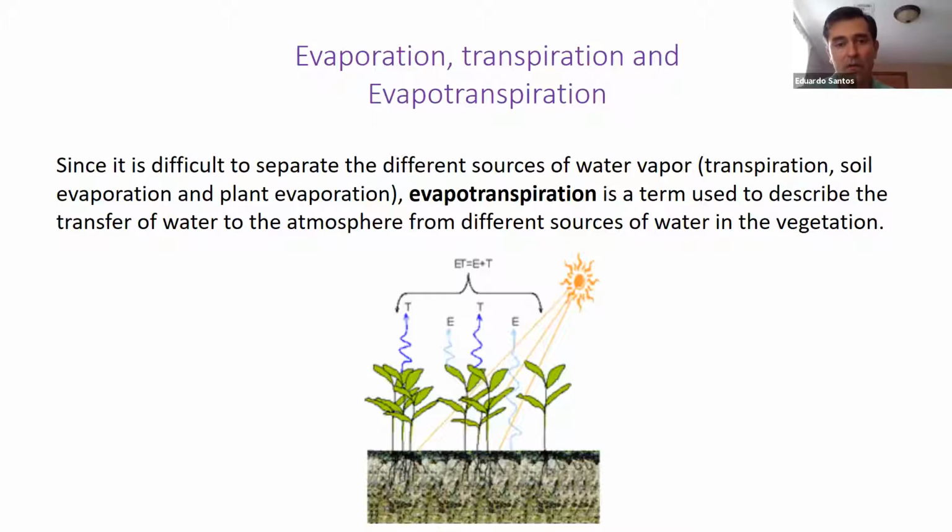It could be from the soil and then plants and so forth. But if you want to improve the water use efficiency of these cropping systems, one of the logical steps is to reduce evaporation from